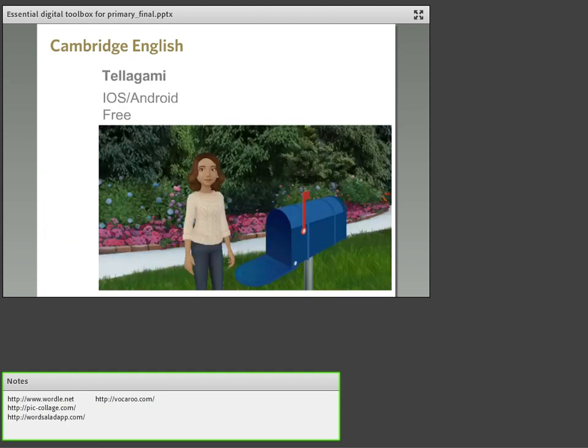This next tool is called Telegami, and instead of being web-based, it is for mobile devices. What you can do is create a speaking avatar, and then you record the voice of this avatar. You can choose how it looks, where it's standing, if it's in a garden like this, or in the kitchen, or in a classroom, if it's a man or a woman. So you can create your own speaking avatar, and then you can record it. So I'm going to show you, if we can,